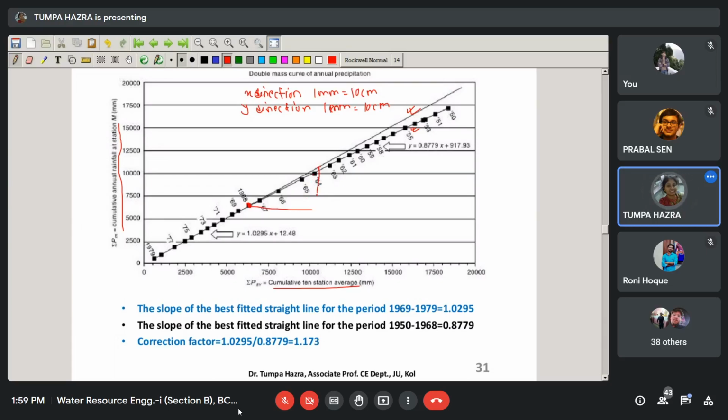This should be your corrected. This should be your C by L. Okay, this should be your C by L,